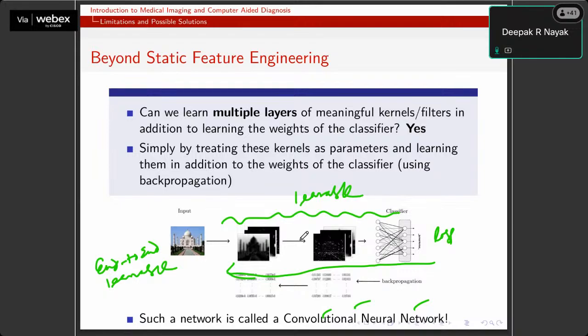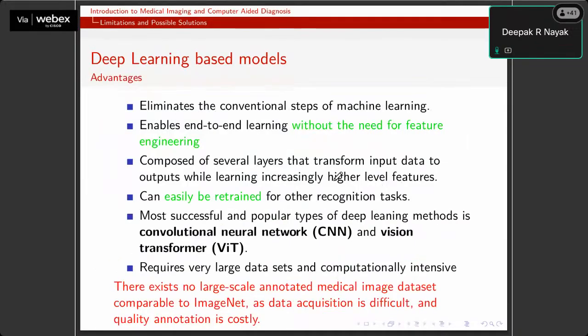That is what happens in a traditional neural network, and that is why we are very much interested in convolutional neural networks, not the traditional machine learning based algorithms where every stage, and identifying or selecting the classifier, is always a concern. And there are certain properties of these deep learning based algorithms. Just now we talked about it: it enables end-to-end learning, which is a very powerful property of deep learning algorithms, and it doesn't require any manual feature engineering, which we have also seen.